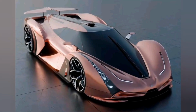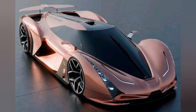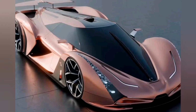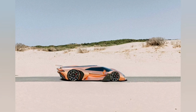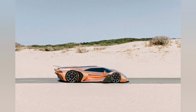Ararkis Automobili, registered in London's Covent Garden, has promised to release the world's fastest road-going electric hypercar. The Sandstorm Coupe will be able to accelerate from 0 to 100 km per hour in 1.5 seconds and reach a top speed of 300 km per hour. However, the car currently exists only in renders, and there are reasons to believe that it will suffer the same